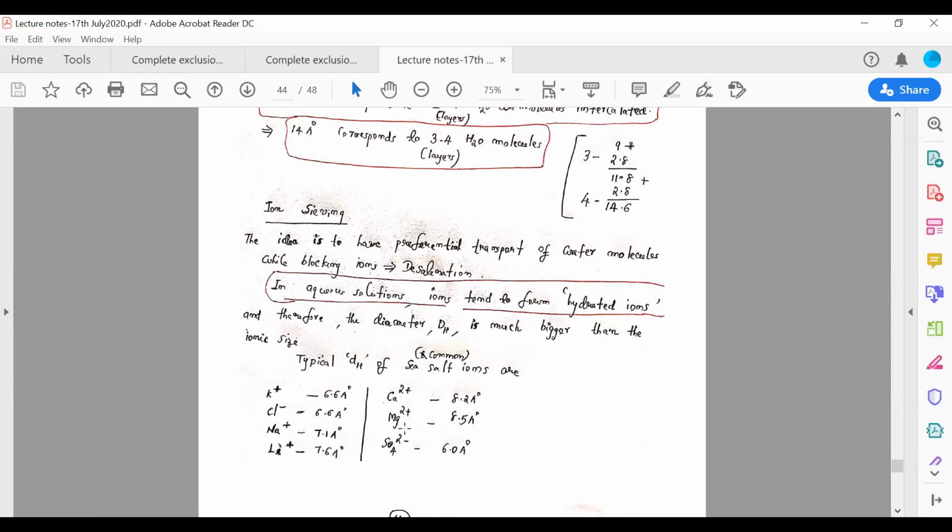So if you want to design something for desalination, your membrane size, meaning the channel size, has to be of this order. But it is very difficult to have this kind of size. But recently, because of nanopore technology and graphene oxide, you see in the dry state, this is very similar to what we have here, isn't it? The dry state, I said, is 8 Angstrom. So graphene oxide channels have sizes close to this. Okay, so some of the ions can be blocked, not all of them, maybe bivalent ions.